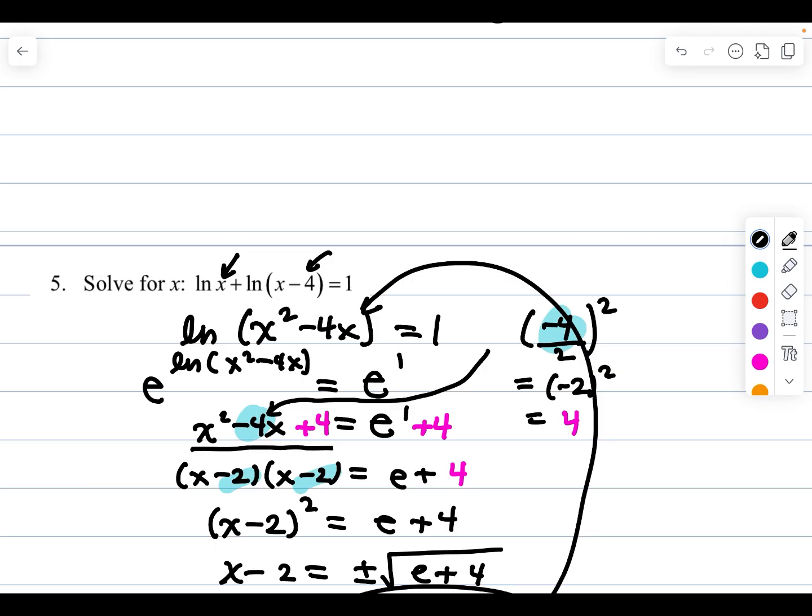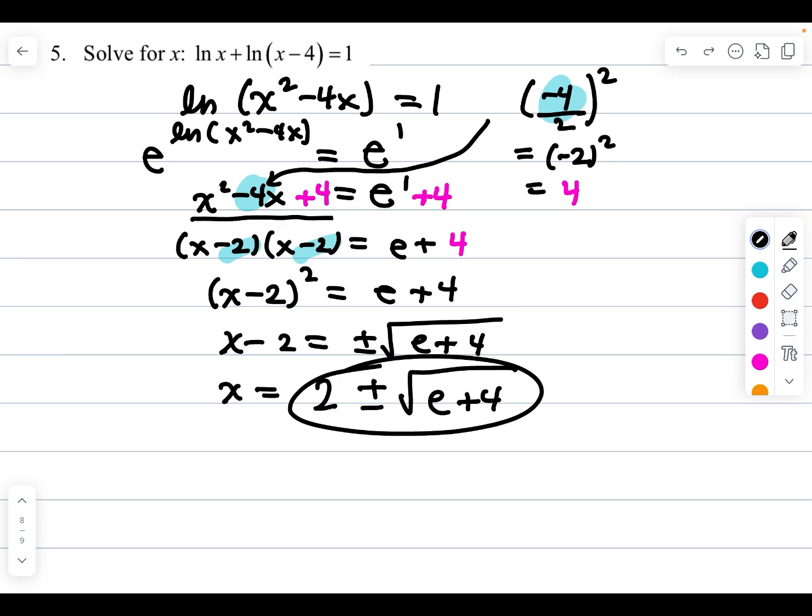Now, this is almost our solution. There's 2 numbers here. I have 2 plus the square root of e plus 4 and 2 minus the square root of e plus 4. And those would both be solutions to the second step there. But before I condensed, I had natural log of x alone here and natural log of x minus 4. So x technically has to be a number bigger than 4. X can't be negative because you can't have a natural log of a negative. And in my solution,